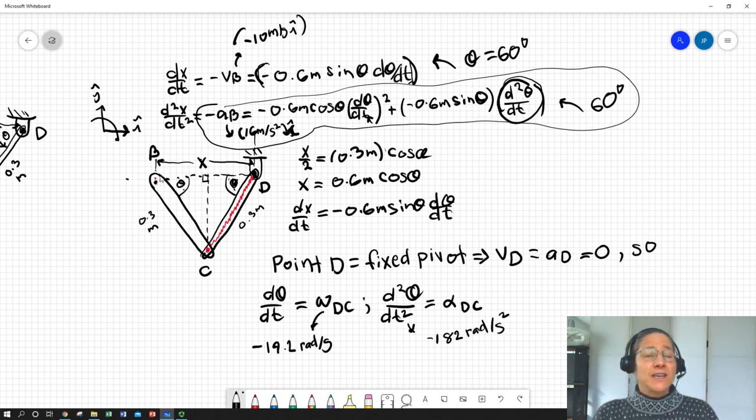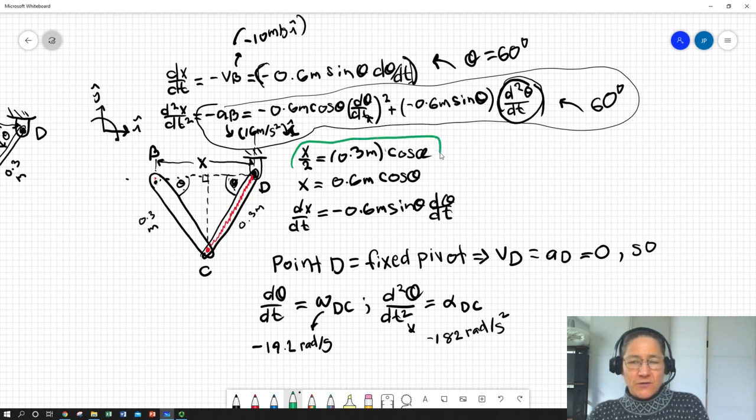Or I can use the geometry of the problem and my related rates expressions here. Put these in green. These were my shortcut, kind of get out of jail free cards that got me out of a whole lot of math. I was able to relate the motion of this point, which I knew, because rod AB is only moving translationally. I could relate that and the fact that B is a fixed pivot